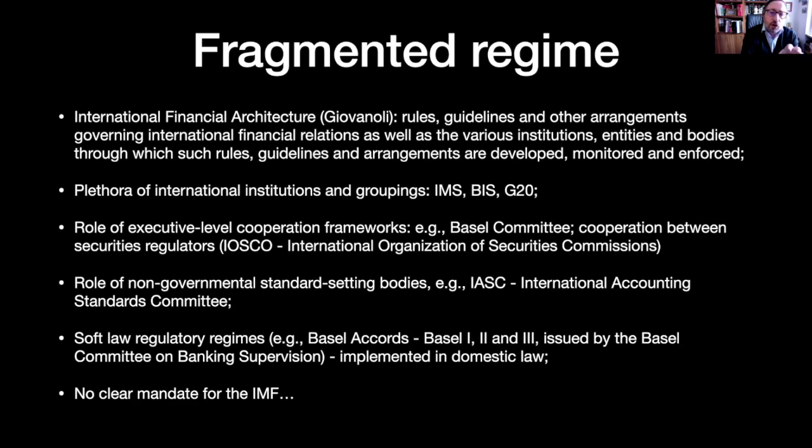A lot of the law that is created in these groups tends to be soft law, and a major example is the Basel Accords. Now, the Basel Accords set a number of things, including so-called prudential ratios. So, for instance, the amount of capital that a bank should have readily available in the event of an emergency, and the composition of the capital that should be available in short term.